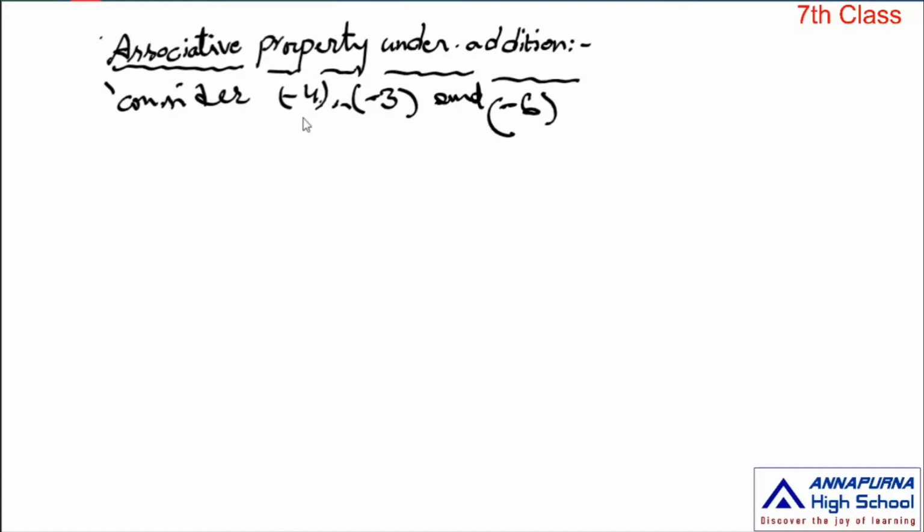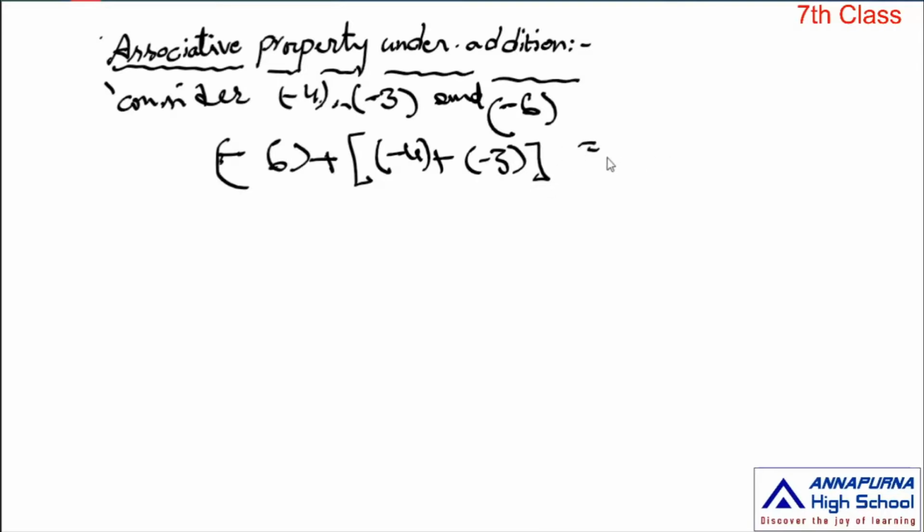Here we are adding three integers, 1, 2, 3. That's why we are using a group of integers. -6 plus (-4 plus -3) is equal to (-6 plus -4) plus -3. So here in the first sum, -3 and -4 are grouped together, whereas in the second sum, -6 and